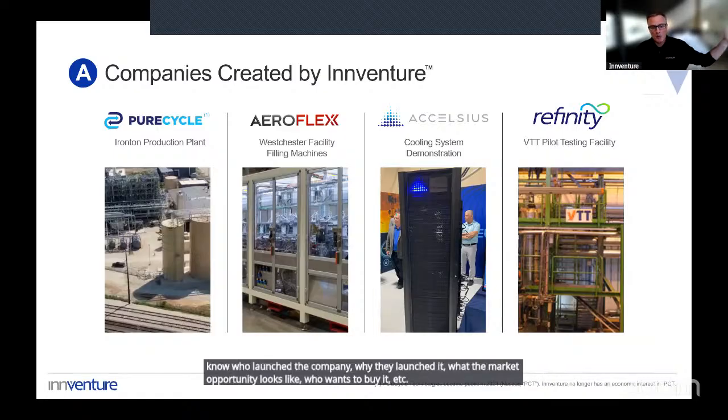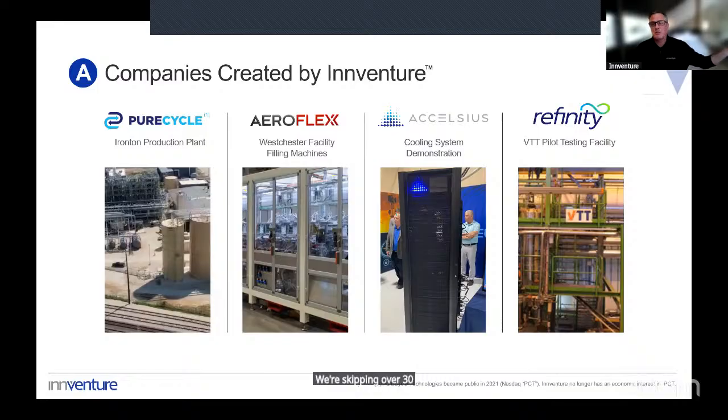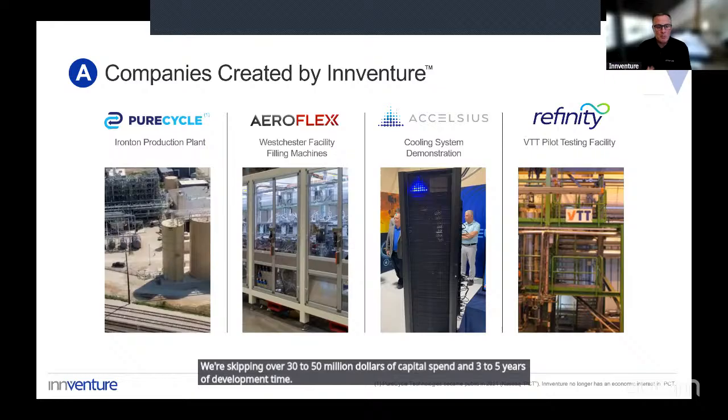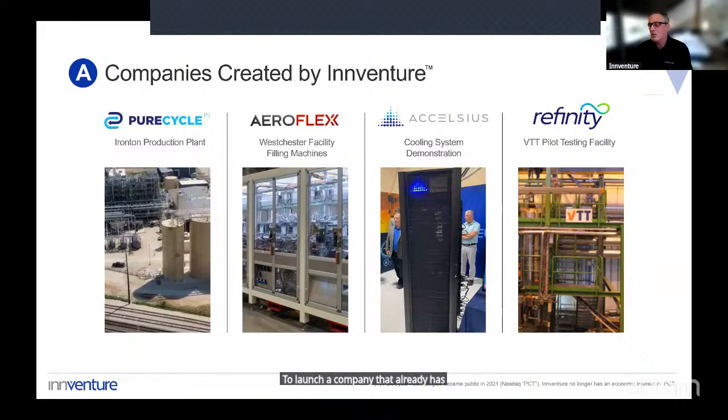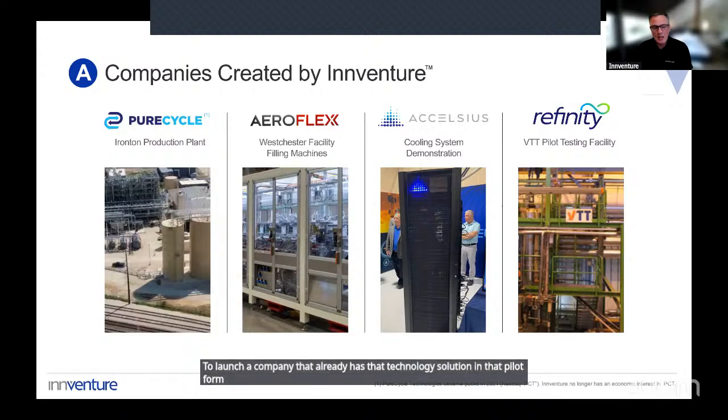We're skipping over $30 to $50 million of capital spend and 3 to 5 years of development time to launch a company that already has that technology solution in that pilot form. And so, again, we think that this is a better risk-adjusted basis to launch these companies. It has resonated so far with